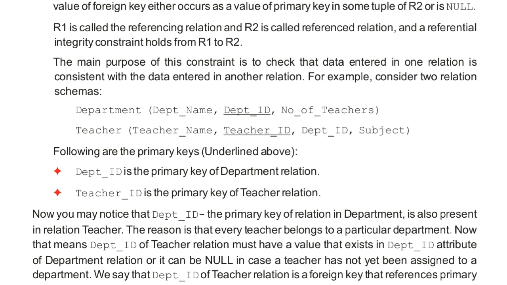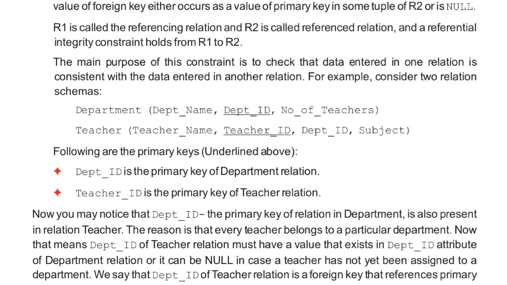Like R1 is my department relation and R2 is my teacher relation. R1 is the referenced relation, and R2, the teacher relation, has the same attribute, department ID, which references the department relation.